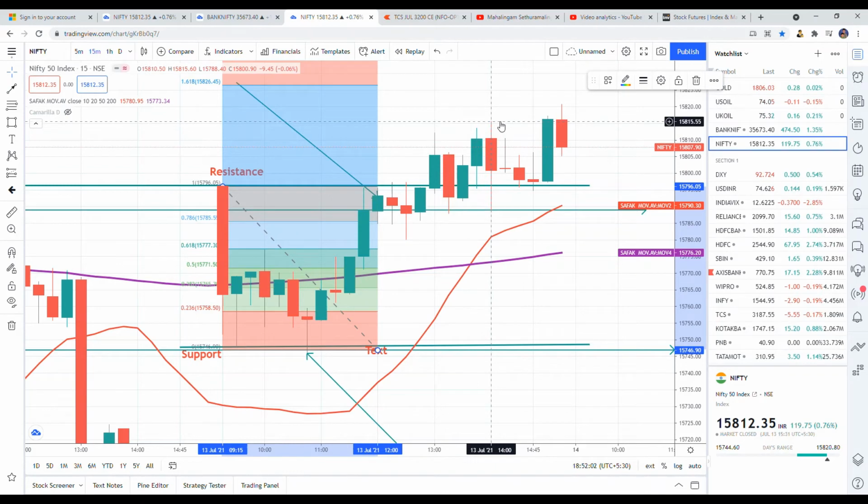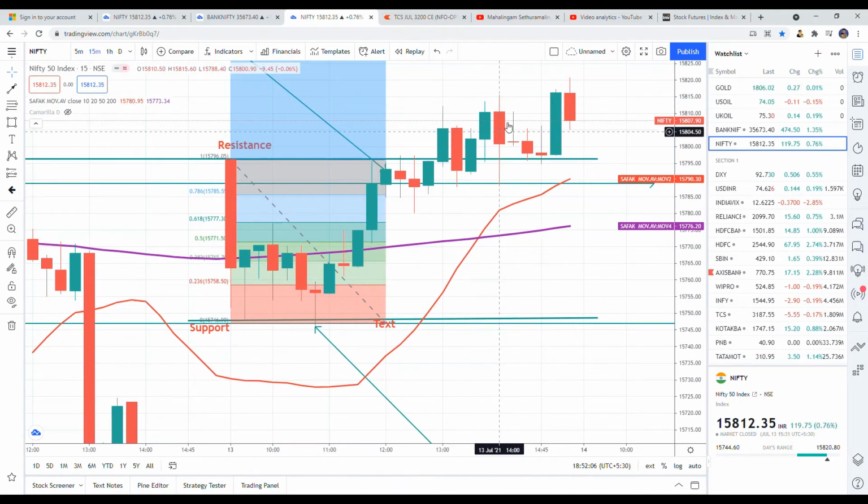I have read some articles about candlesticks, where within a candlestick you can organize your trade. How? You can go candle by candle. Look at this candle. Then look at this reversal candle. This is called an outside reversal candle. Why? This candle totally engulfs its previous bullish candle.